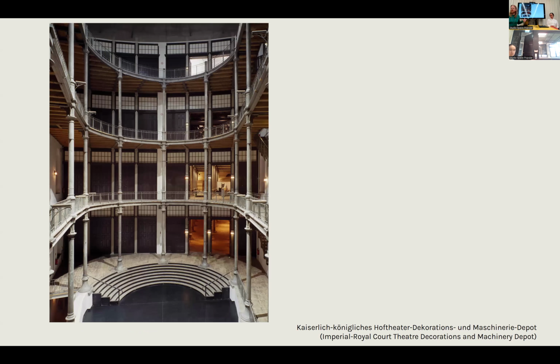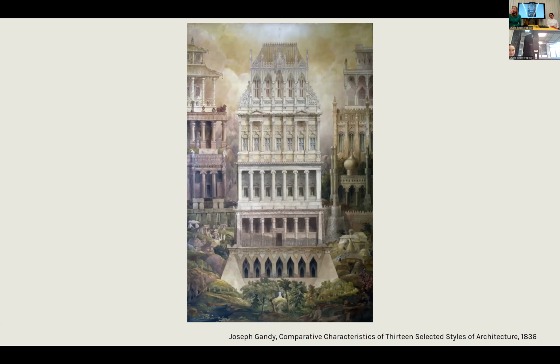Just a side note, you probably have been to this building, the Semper Depot here, which is actually built as a storage and workshop for opera stage equipment, which is a kind of funny link to what we're doing here. But we looked at this before also: this new knowledge of different styles created a sense of, we want to organize things, and maybe we can build in all these different styles if we have proof of what buildings looked like thousands of years ago in Egypt. Maybe we could build like that, and people actually did. You know, there are Egyptian buildings all over England. There were buildings of different styles. Many buildings even had one style in the front and a different style in the back,